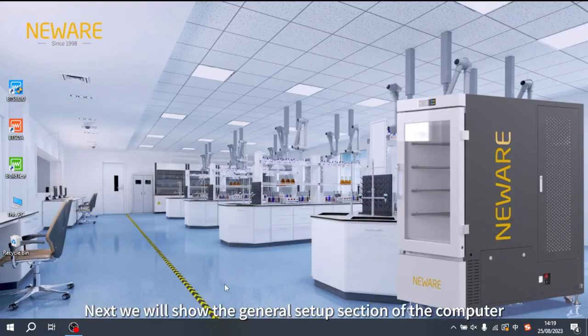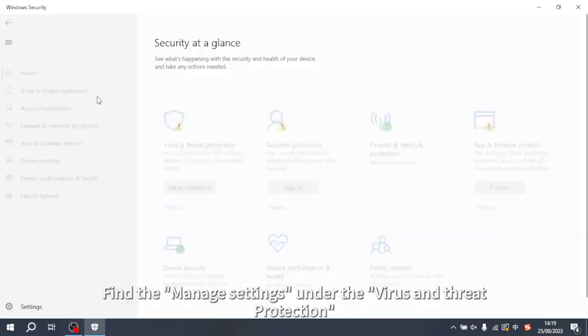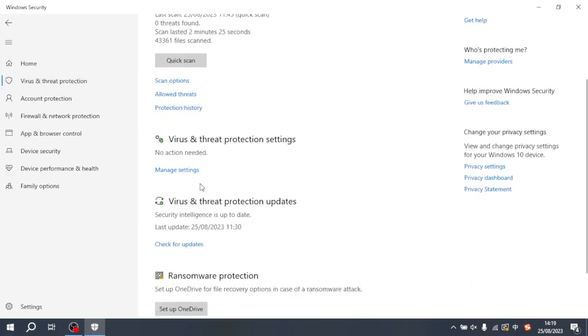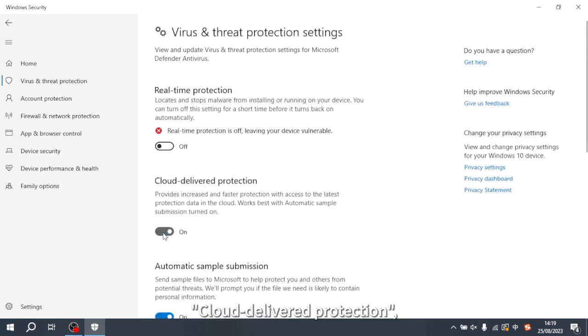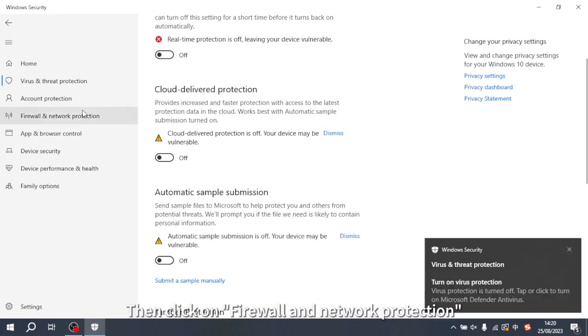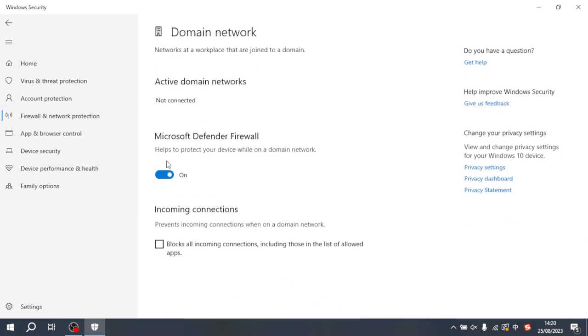Next, we will show the general setup section of the computer. Enter the Windows Security. Find the Manage Settings under the Virus and Threat Protection. Turn off Real-Time Protection, Cloud-Delivered Protection, and Automatic Sample Submission. Then click on Firewall and Network Protection in the left column. Turn off Domain Network,